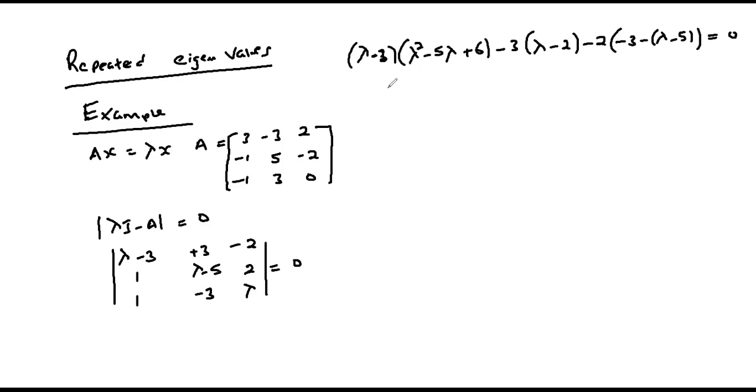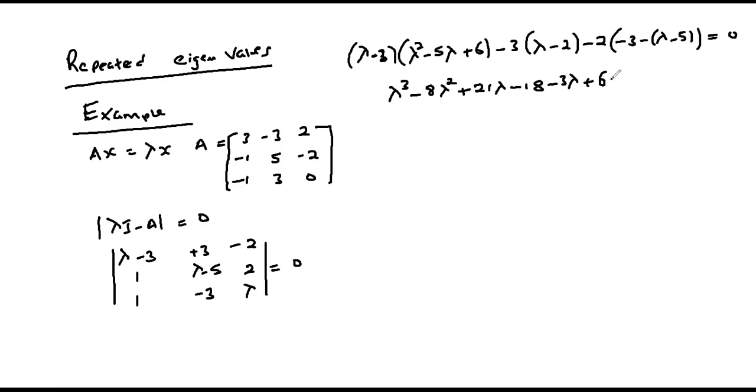We expand this to get lambda cubed minus 8 lambda squared plus 21 lambda, then minus 18, then minus 3 lambda plus 6,